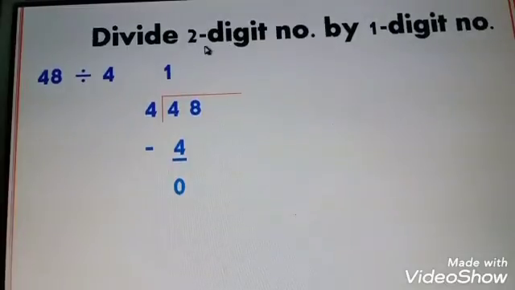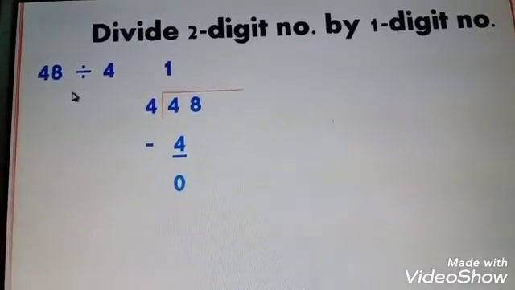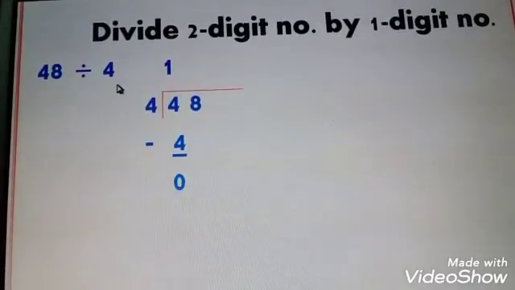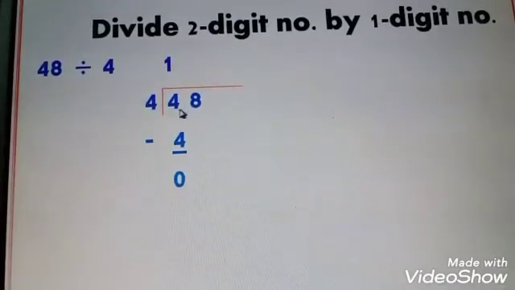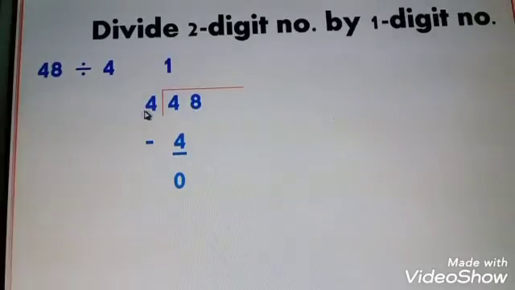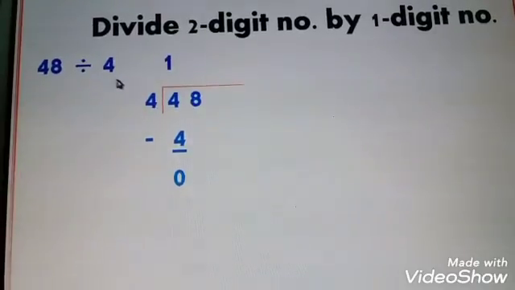Students, today we are going to learn division of a two-digit number by a one-digit number. First, we are taking 48 divided by 4. In this, 48 is the dividend, which will be written inside the bracket, and 4 is the divisor, which is written outside